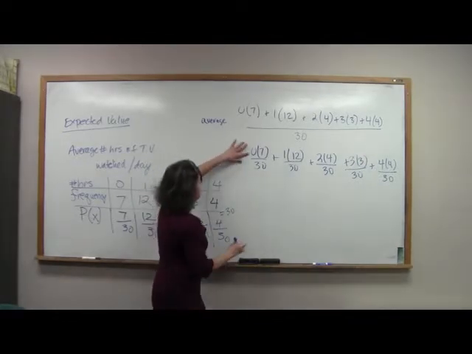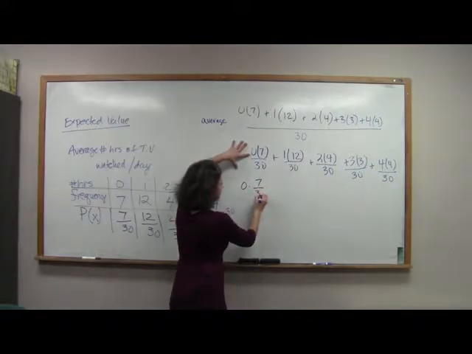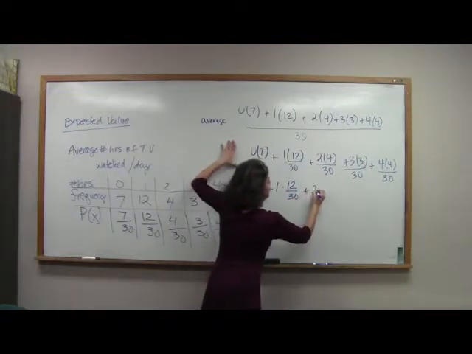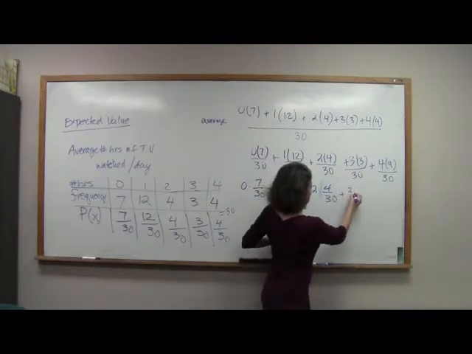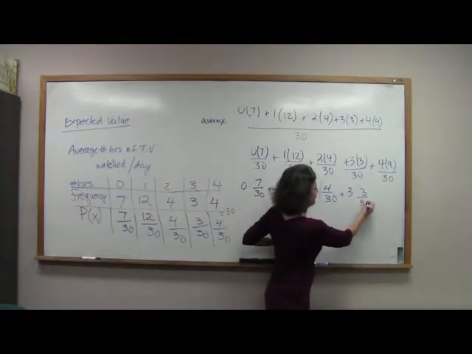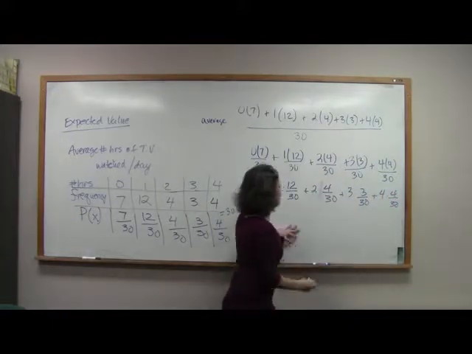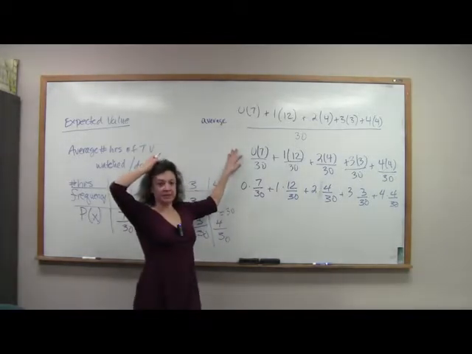I'm going to write this as 0 times 7 over 30, plus 1 times 12 over 30, plus 2 times 4 over 30, plus 3 times 3 over 30, plus 4 times 4 over 30. All I did is move my first number out in front,